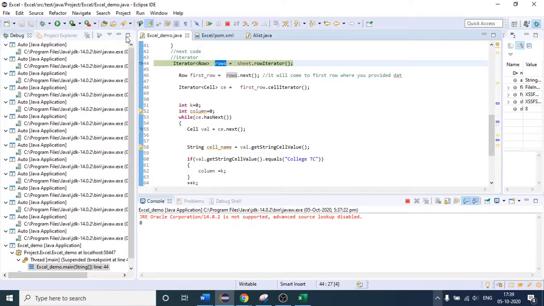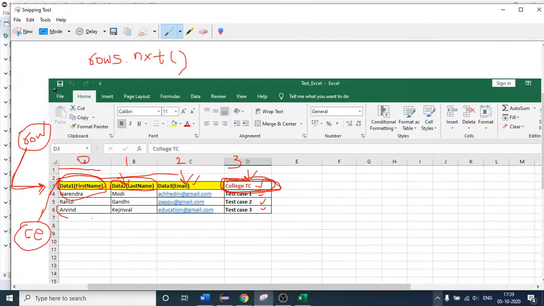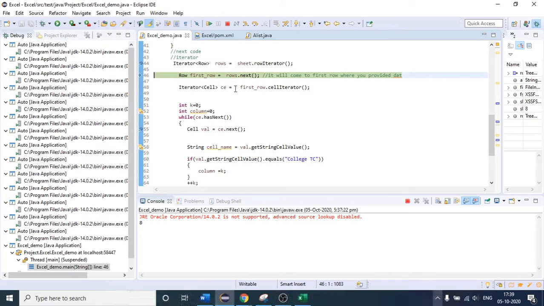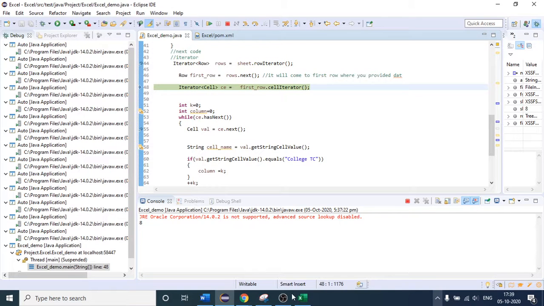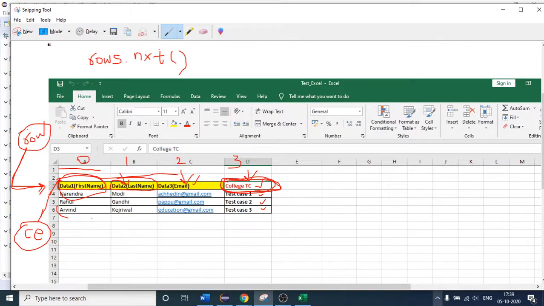If I execute it again, okay, this object is here. As of now, this object is here, right? It is not pointing to anything. After that, I am saying rows dot next. This is the one. If I execute it again, this first row will be pointed to. Let me come here again and erase this first.